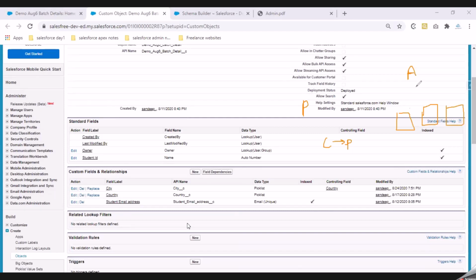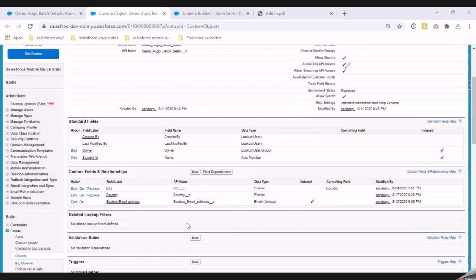Apollo is in this location, Apollo is in this location, Apollo is in XYZ location. Just by looking at this location record, I need to know which account this branch is connected to. I'll be able to get that information from my location object. Since our acting location object is the demo object, that is why I'm creating this field on my child object.